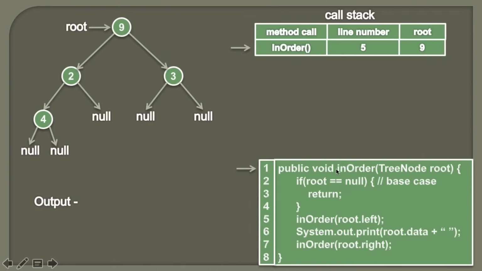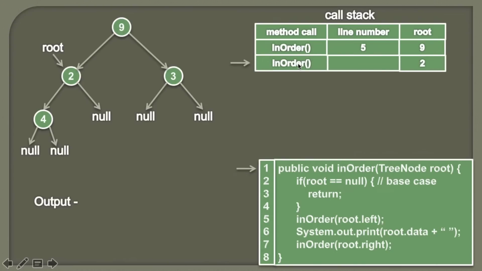So friends, this method will be called again and this time the root will be the node 2. So here now root, instead of pointing to 9, will point to 2. And we also know that we have left this inOrder method, so there will be one more method on the stack. Now this inOrder method will start executing with the root as 2. So let's see the working. We'll first check whether root is equal to null or not. Currently root is pointing to the node 2, therefore it's not null.